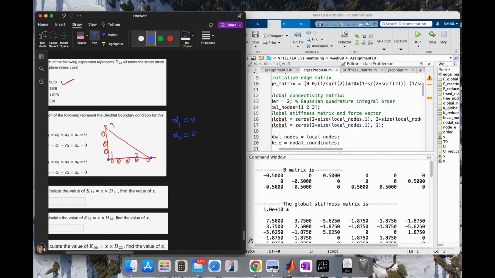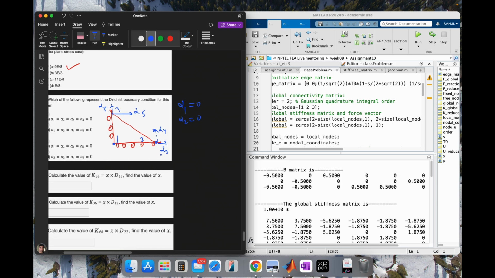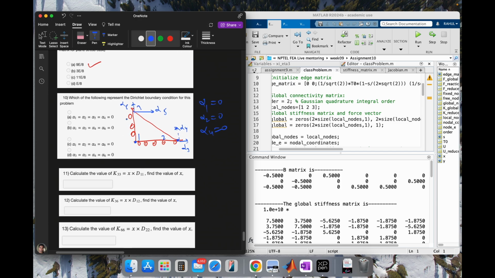For this node it will be alpha 3 and alpha 4, and here alpha 5 and alpha 6. In this case it is able to move along the x direction, but it is not able to move along the y direction. So that's why alpha 4 equal to 0. And in this case